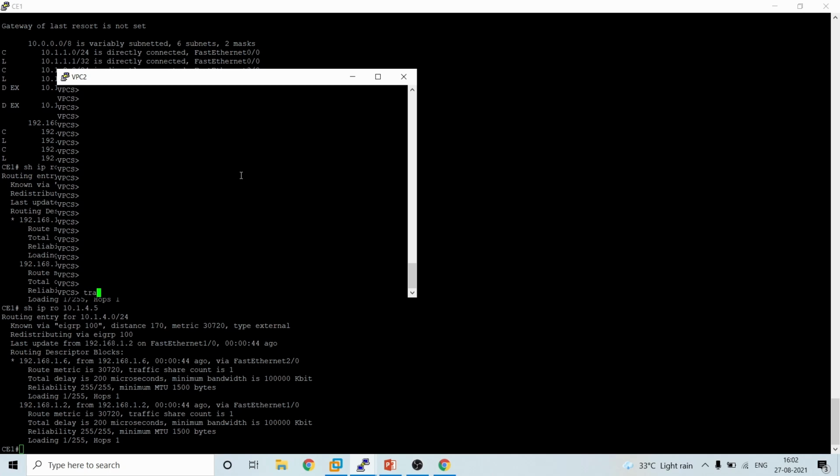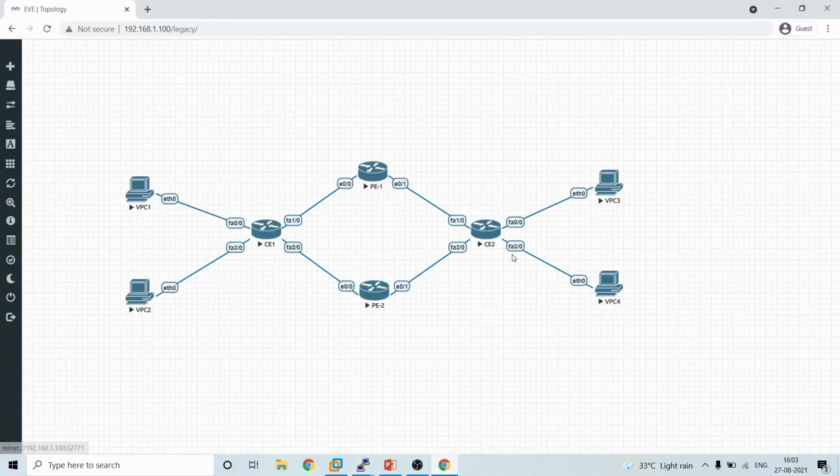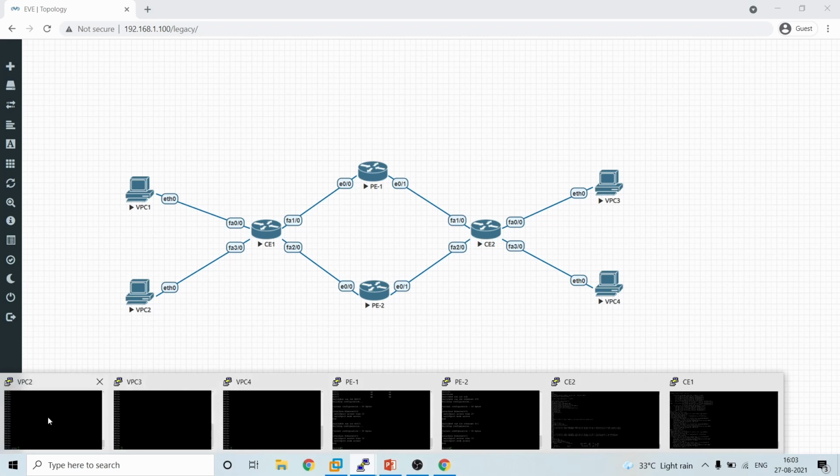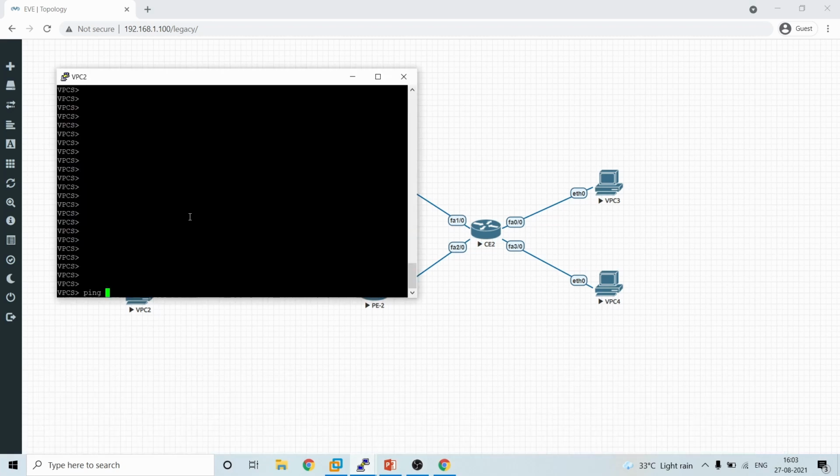We are in VPC 2, so we'll ping from VPC 2 to VPC 3 and 4. Ping 10.1.3.5, which is reachable, and 4.5, which is also reachable.